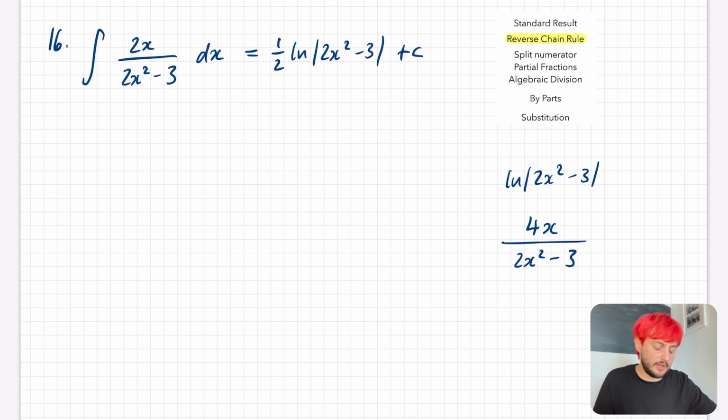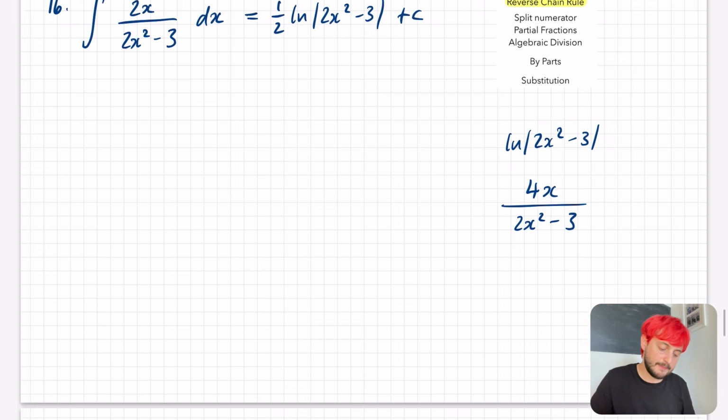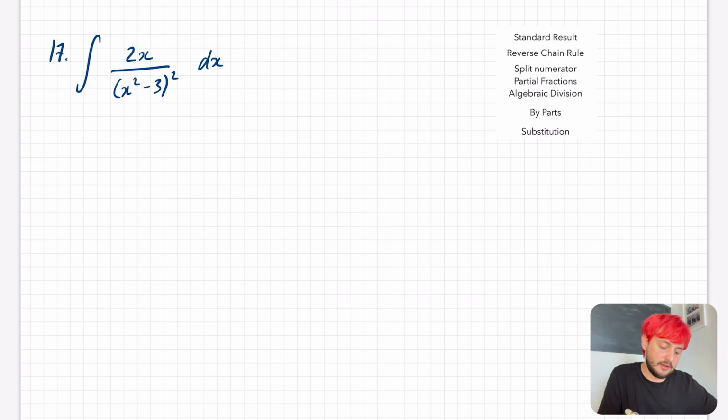And don't forget that plus c that we've got at the end there. Question 17 that we've got. Now, this one also is an example of a reverse chain rule because the 2x is related to the derivative of this denominator. Now, the worst mistake I see people making here is they go straight in and say,